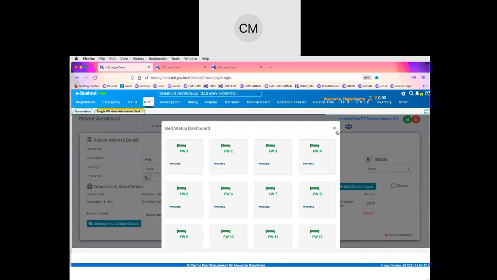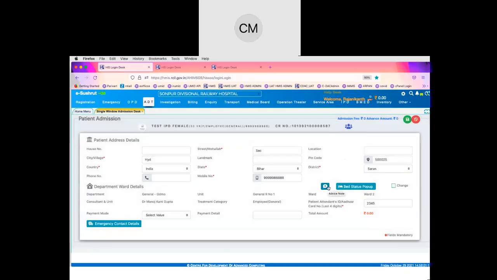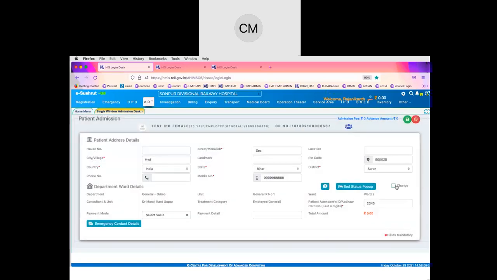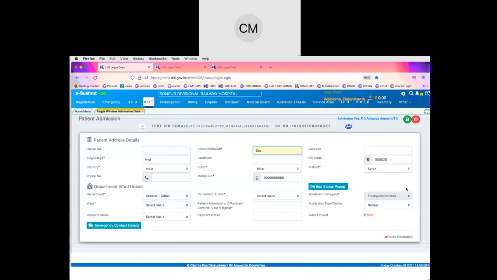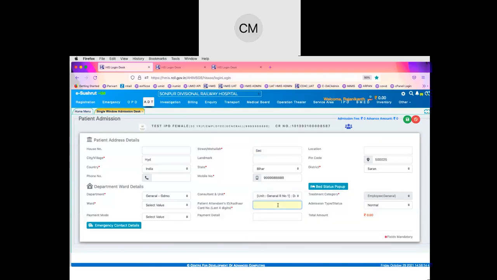admission vacancy status of the beds, because by the time the admission has been raised, it may so happen that when the patient arrives, the patient might come maybe after some time or after 1 or 2 days. So in that case, the position will change. So the nurse will again confirm whether the bed status permits this or not. If something has to be changed, the nurse can click on the change button, and she can manually enter the details. She can also change the ward information, and the rest of the information she can manually feed.